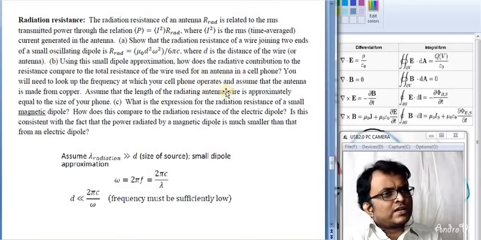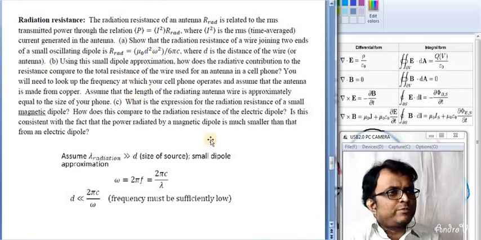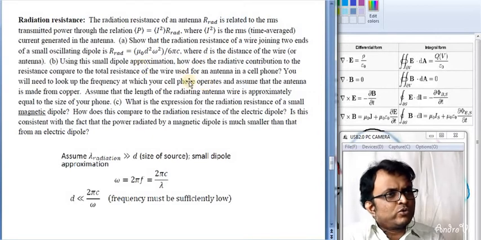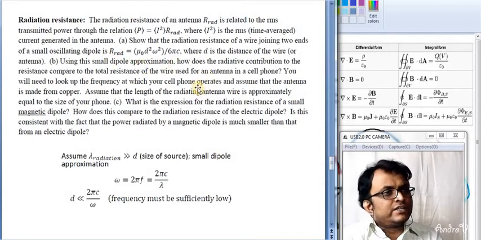For those cases also you have to find out the radiation resistance so that it will be matched for the particular frequency of application. Either it is 2.4 gigahertz for today's 4G communications or Bluetooth, or 6.2 gigahertz, for that case the radiation resistance has to be found out, and according to that we have to design the antenna.